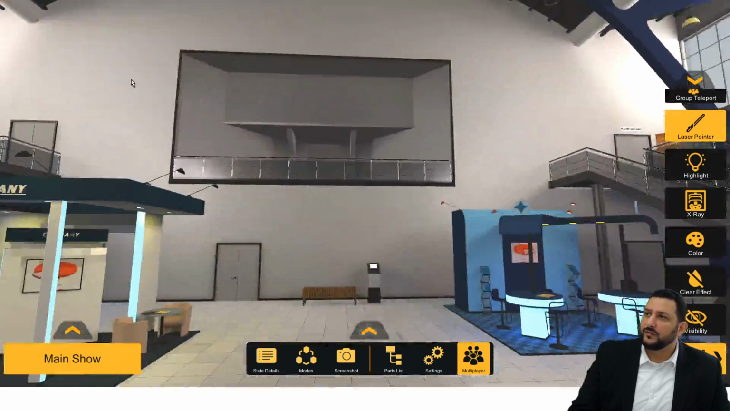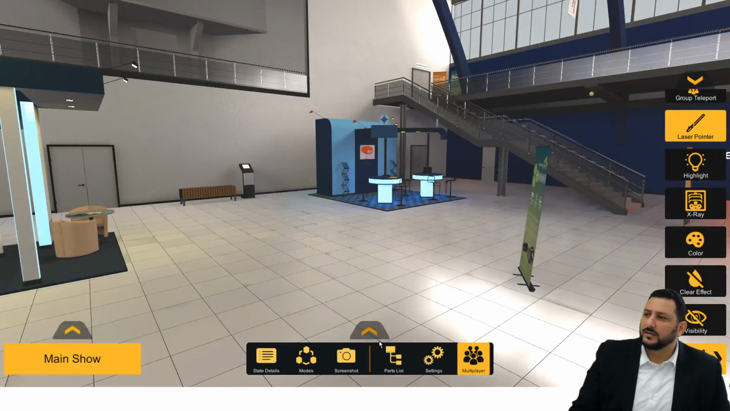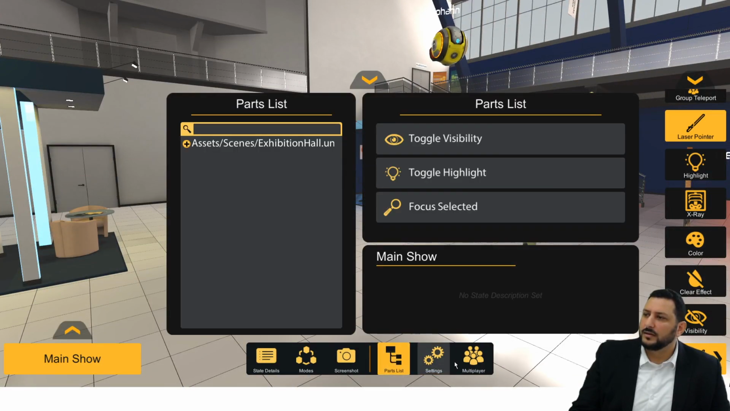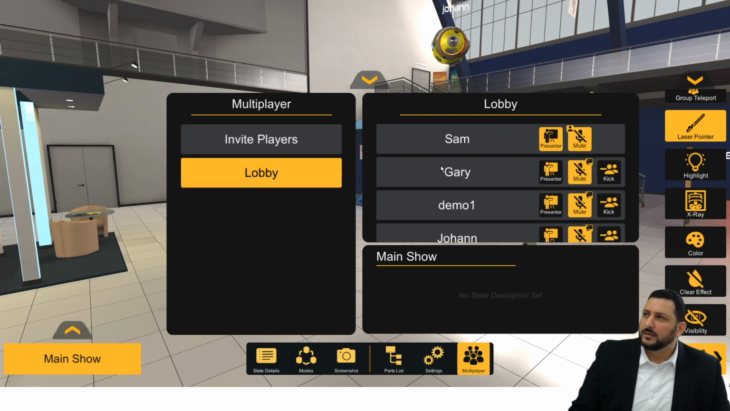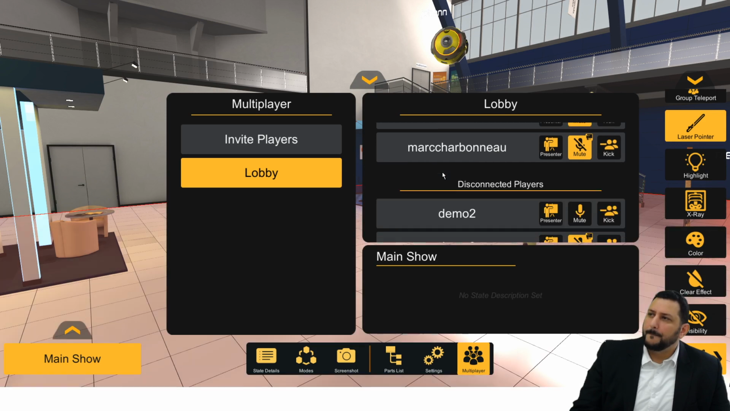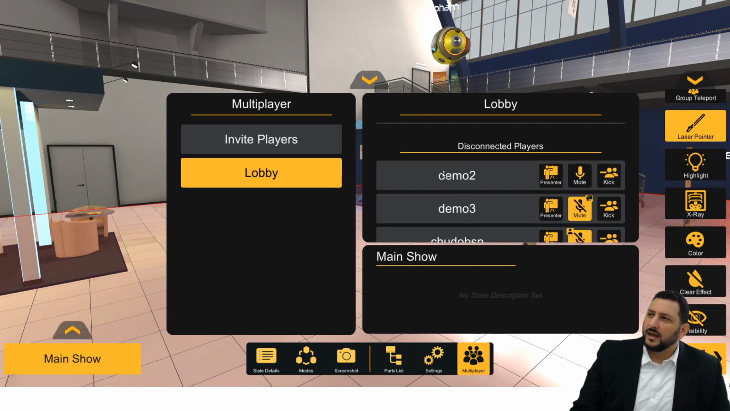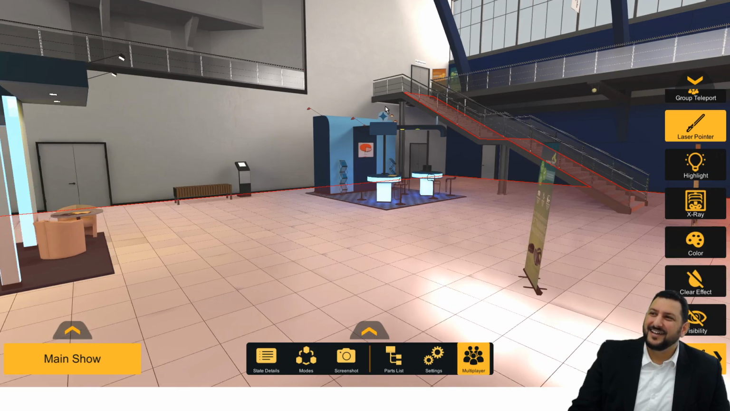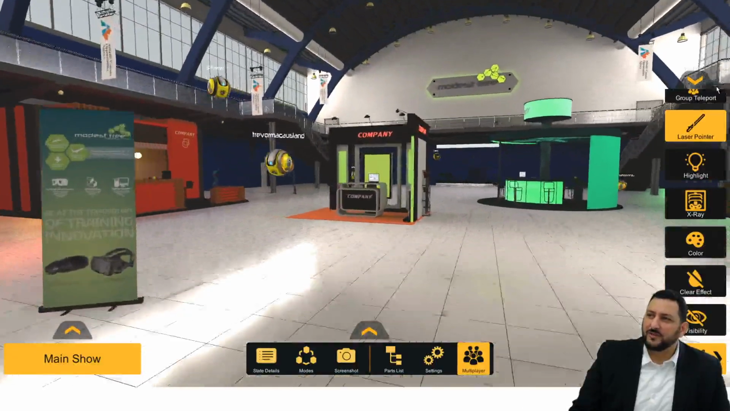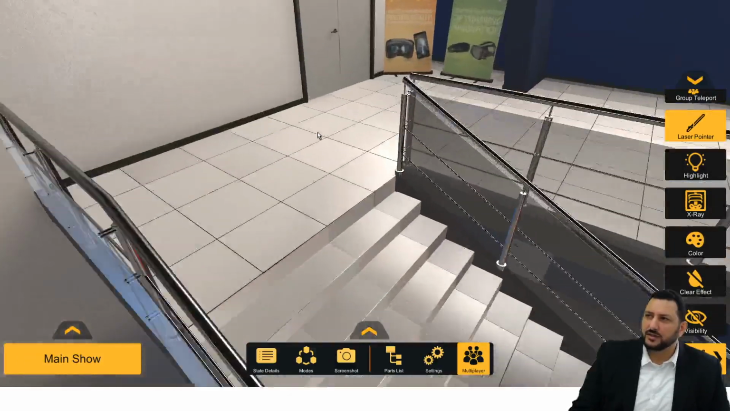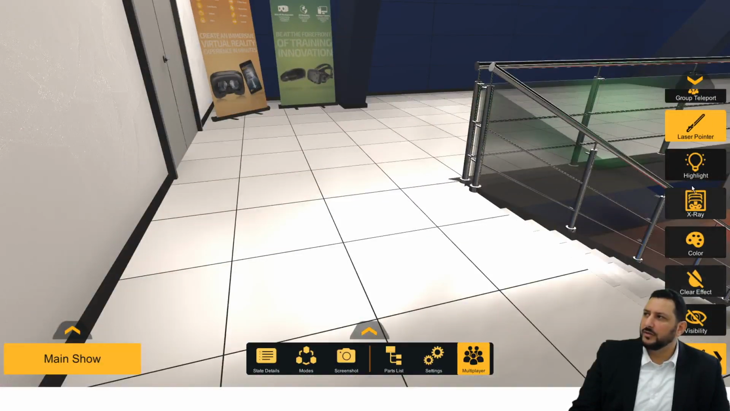Let me see if we have our whole group here yet. In my lobby, here are all the current people, and here are the ones that have been banned. Right now that I have everybody's attention, I want to bring everybody's attention to this really cool technology presented to you by